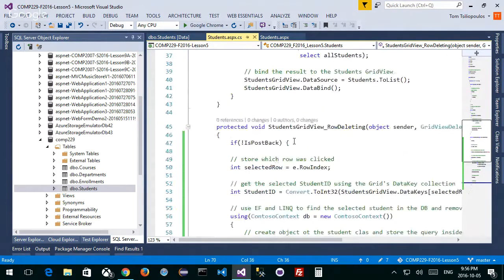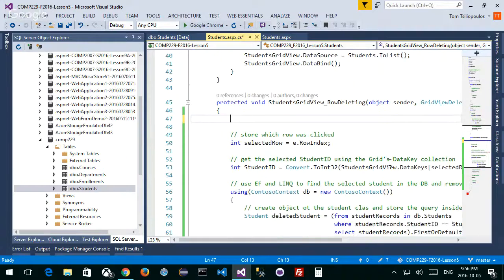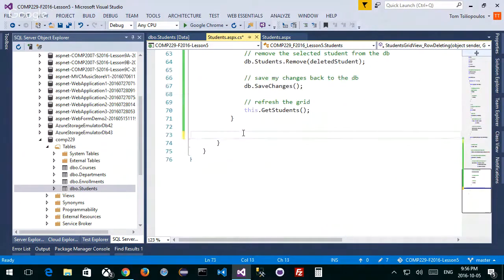Now, when I refresh the page, it creates a post back. So I need to find a way of doing this. We won't do it today. But I want to find a way of checking to see if I'm coming back to the same page because of a refresh. So if a student refreshes the page, as opposed to the other way around, that's why I left it like this. So I can delete, but I know I have an issue, and I'm going to get back and correct that later. I can't do it yet.